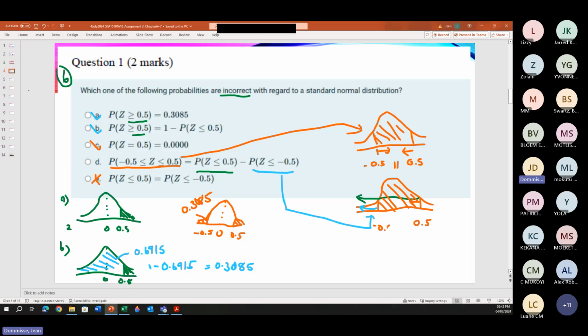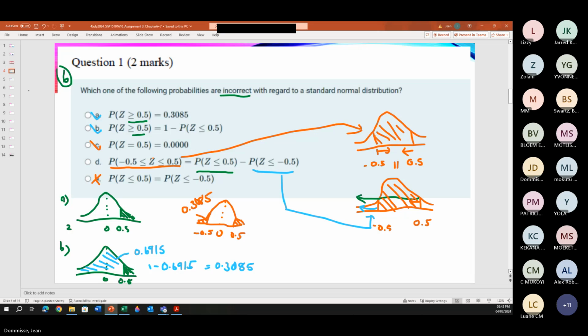So let's just, for option D, go through it one more time. We are going to do another recap session on Sunday morning, which I will also send the links out for, and we will also do a previous assignment. But I think for this one, let's just quickly